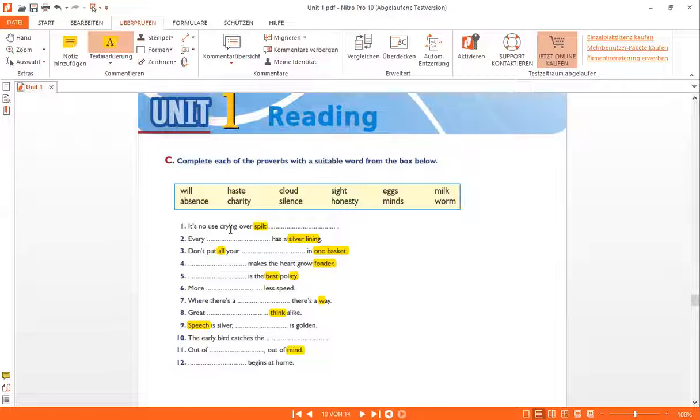Number 1, it's no use crying over spilled, okay, spilled is the passive of spill. What can you spill? You can spill water, you can spill something that is liquid, and so milk is the answer, okay? Number 2, every gap has a silver lining. If you don't know this, it's probably very difficult, but we say every cloud has a silver lining. It means every,